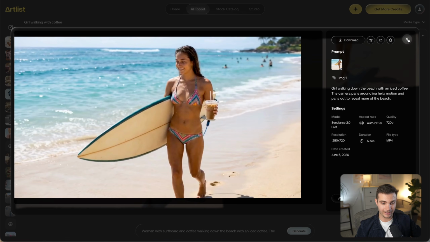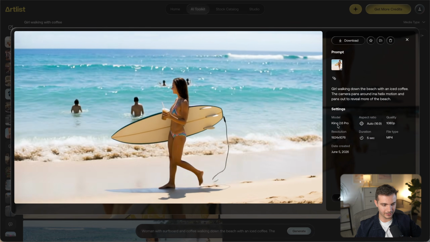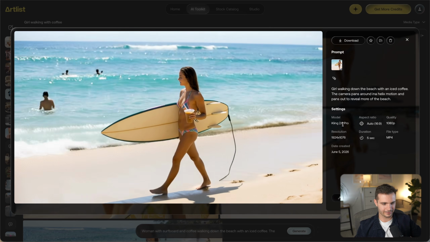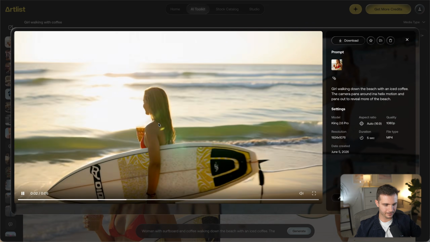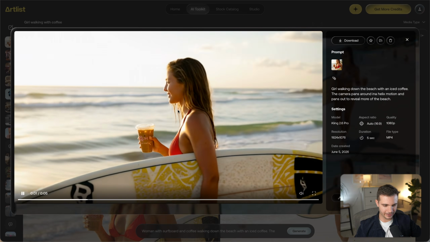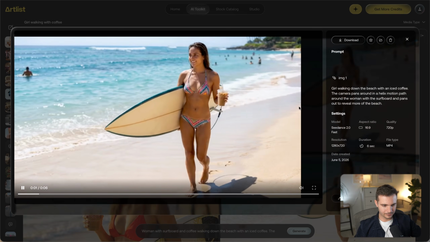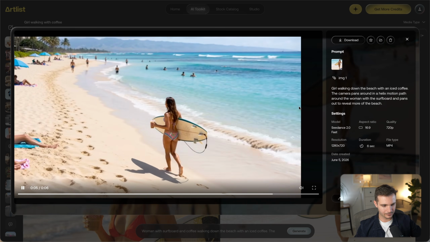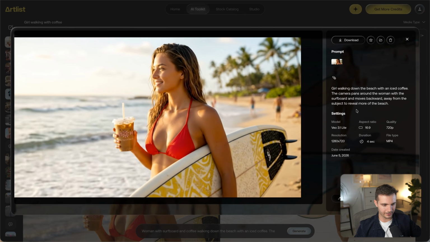That is a phenomenal shot, and I think that turned out really well. Let's check out the second one. This is with Kling 2.6. And this is amazing. Here's another starting frame. And I don't know why it twirled at the end, but this first part is really good. That also turned out really well. And here's another shot right here with VO 3.1 Lite.